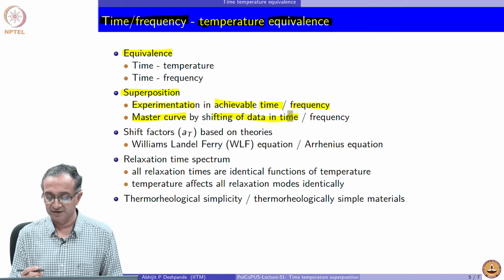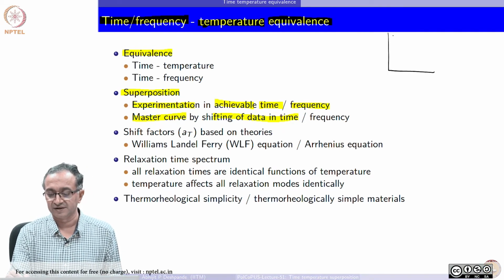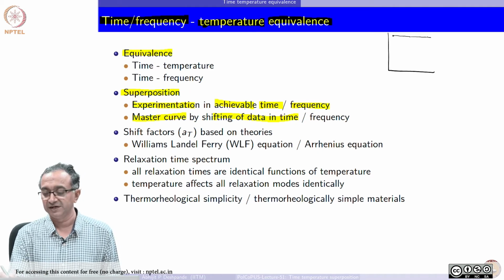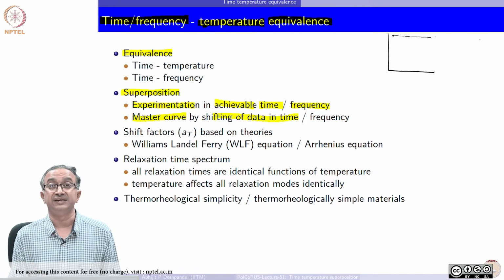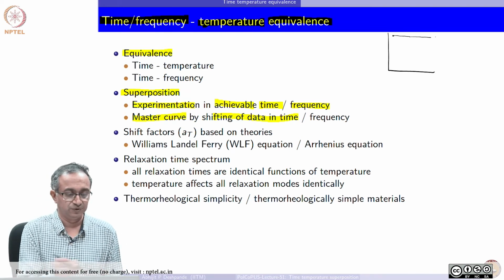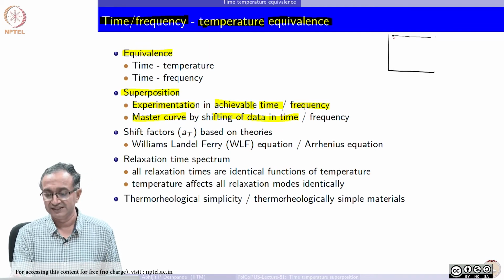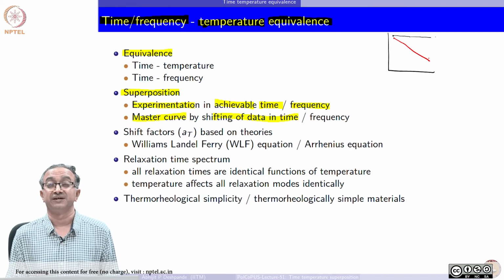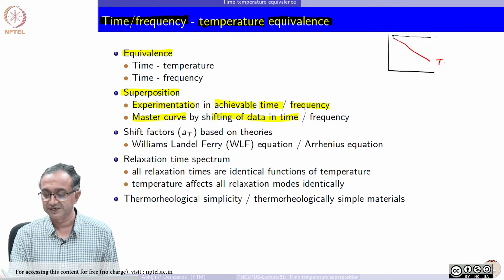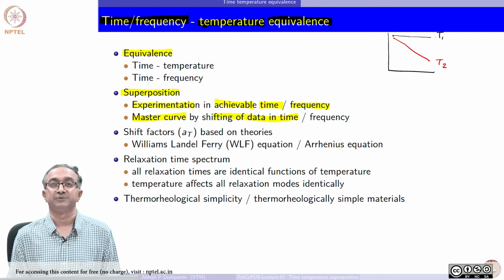And as I showed this when we were doing accelerated testing, if I do a test at a very service life condition, it may take years for the property to decrease, and therefore, I may not be able to assess whether the service life is 15 years or is it 20 years, what can I guarantee. But what I can do is I can do the tests under lab condition under much more stringent, more pH, more temperature, and then I can get a property change which is much more significant. So, this is at very high temperature, while this other one earlier test is whatever is the service temperature.